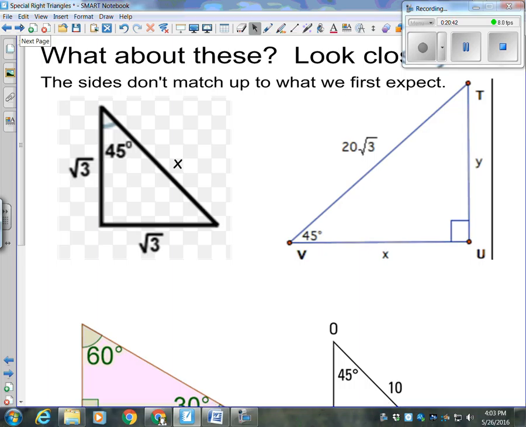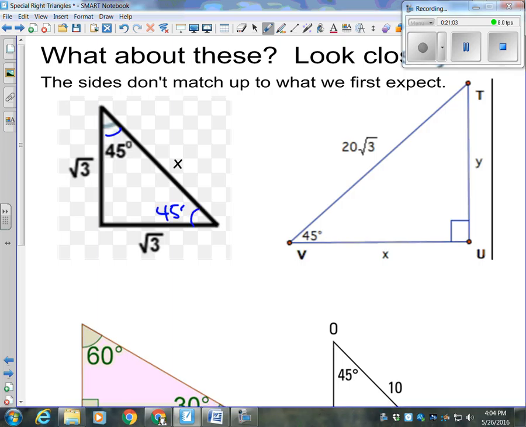And we're going to look closely because these sides don't match up to what we first might expect. So we've done some where the sides seemed like they just fall right into the pattern. But every triangle doesn't fall into the pattern, so I want you to know how to handle it when you see it. The first one we're going to look at is a 45, 45, 90